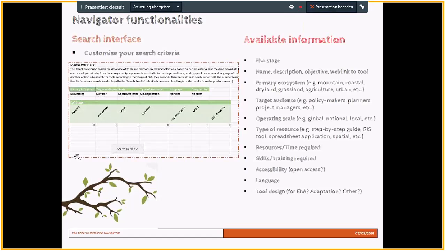In terms of Navigator functionalities, the one that would hopefully be most useful to you would be what we call the search interface, which is a function where you can search for tools according to different criteria that are more relevant to you.